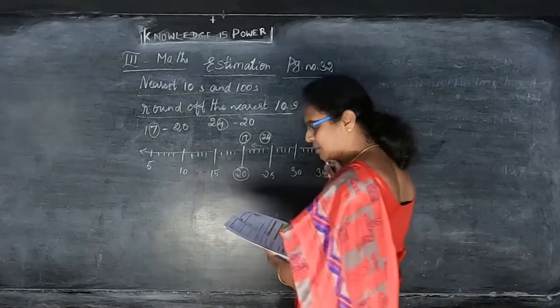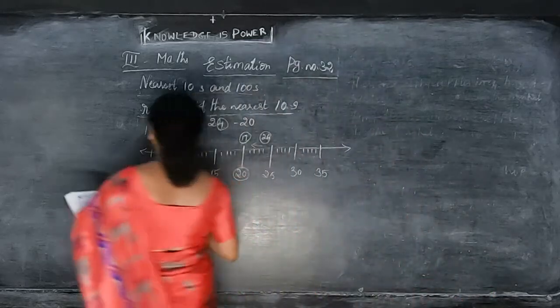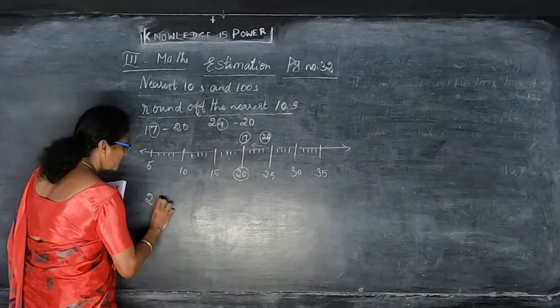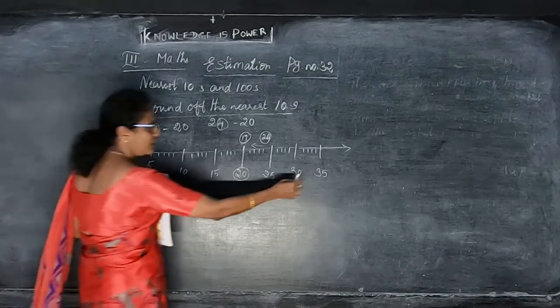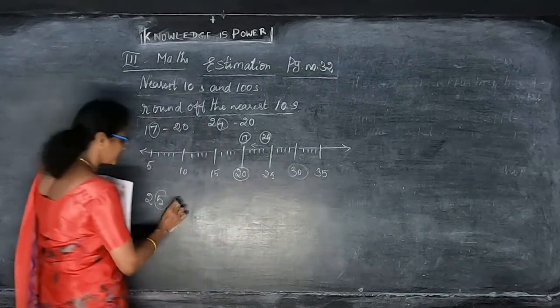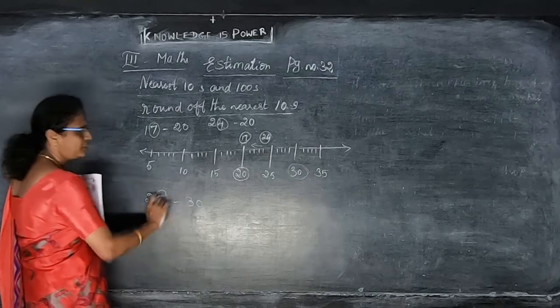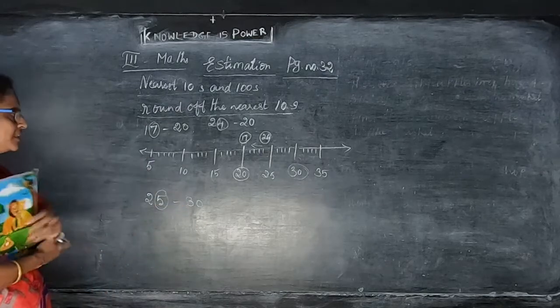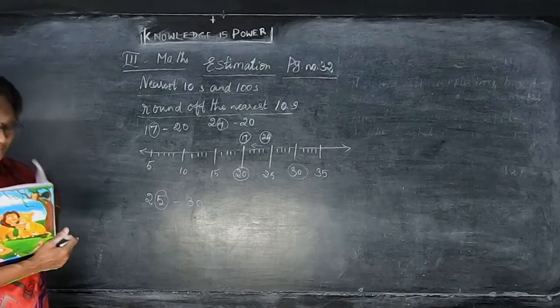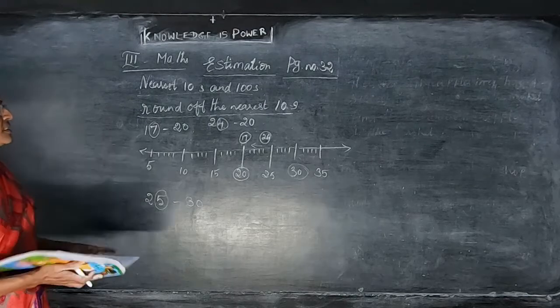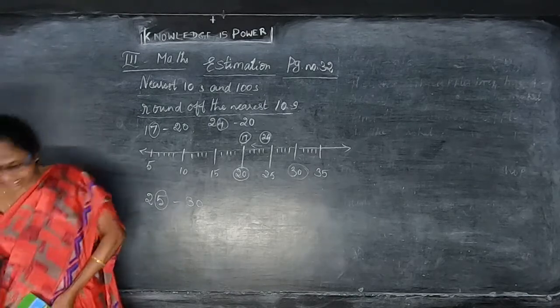Now the next one is, suppose if they are giving 25. So 25 வரும்போது இது 5ல நிற்குது. So you have to say, back-ல வர 30 தான், you have to write 30. 5க்கு மேலே போச்சுன்னா right side-ல இருக்க tens பாருங்கள். 5க்கு கீழே வந்ததுன்னா left side-ல இருக்கிற tens, அதுக்கு nearest எது இருக்கோ that you have to say. This is the rounded off to the nearest tens.